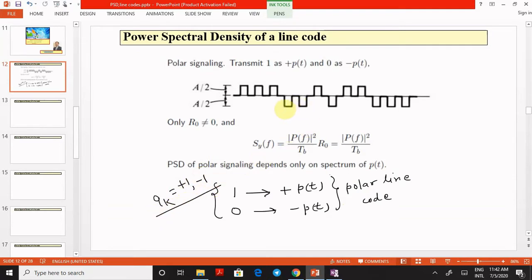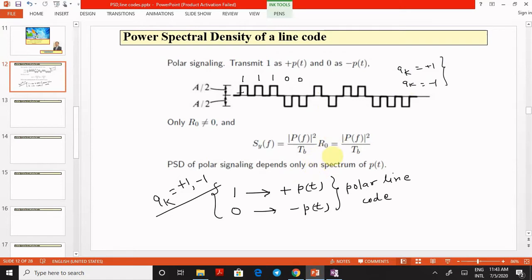Here in this figure we can see that this is a pulse which is representing plus 1. Here again plus 1 is represented, this is plus 1, and this bit is for 0. So definitely the transmitted bit should be 0, and it is represented by a minus pulse, minus 1 basically. So the strength of all positive pulses is equal to plus 1 and for all negative pulses it is equal to minus 1. This is the concept of polar signaling.